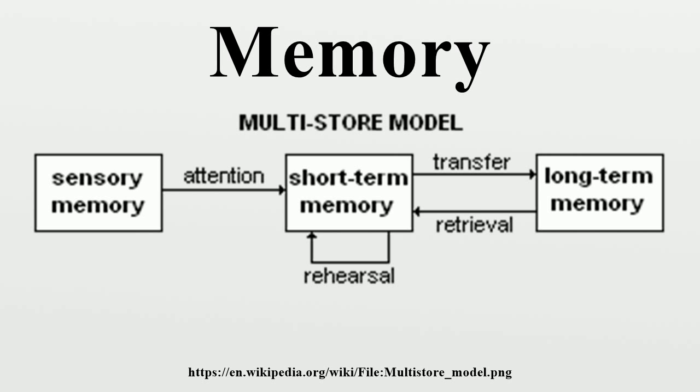Procedural. In contrast, procedural memory is not based on the conscious recall of information, but on implicit learning. It can best be summarized as remembering how to do something. Procedural memory is primarily employed in learning motor skills and should be considered a subset of implicit memory. It is revealed when one does better in a given task due only to repetition. No new explicit memories have been formed, but one is unconsciously accessing aspects of those previous experiences.